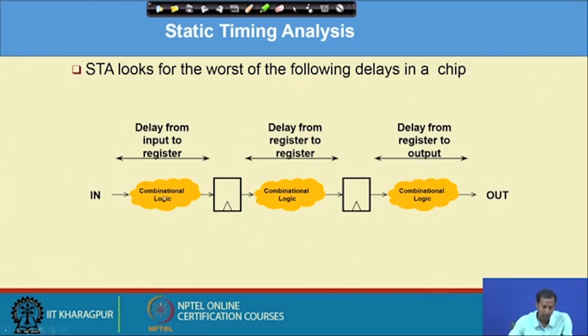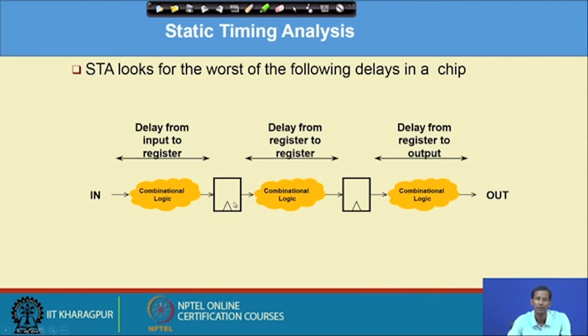Actually, why are these three different, and when will these three be merged? If these registers are not there, the total delay will be the delay of C1, the delay of C2, plus the delay of C3. But as I have put these registers in between, what does that mean? The data dependency has become